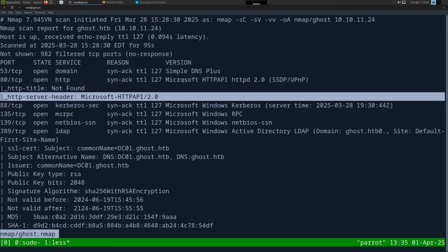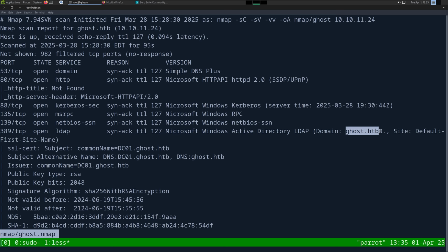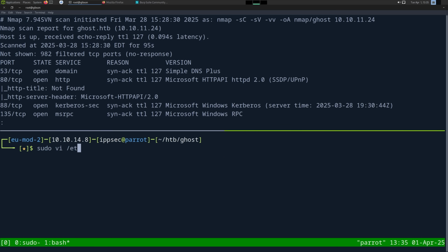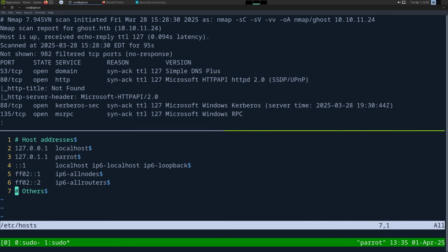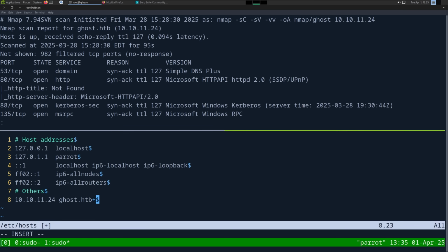We do have a web server running. Let's see, we have KRB, that's standard for Active Directory. Here is LDAP. It's giving us the domain name. So let's go ahead and add this to our hosts file. So sudo vi /etc/hosts, and then we can add 10.10.11.24, put that in. And on the certificate, we also get the DNS name, which includes the hostname of the box. So we can go ahead and add that, dc01.ghost.htb, and I'm just going to add dc01